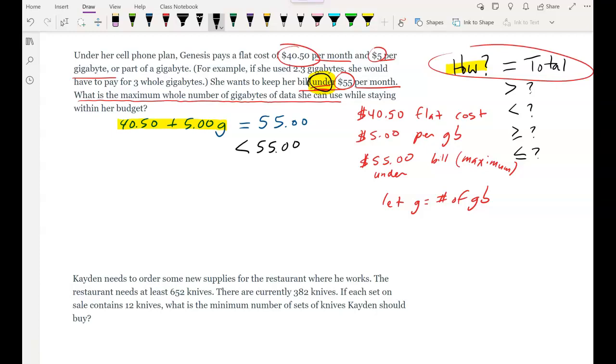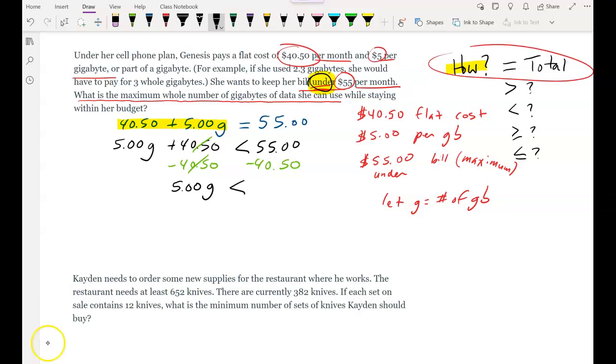Now I'm going to rearrange the other side so that I have the part with the variable, the coefficient and the variable, the $5 times G, first. And then I'm going to have the $40.50 added to that. Because now I can solve the inequality using inverse operations. To solve this inequality using inverse operations, I'm going to undo the addition by subtracting $40.50 from both sides. These two will cancel each other out, and that will leave us with $5 multiplied by the number of gigabytes